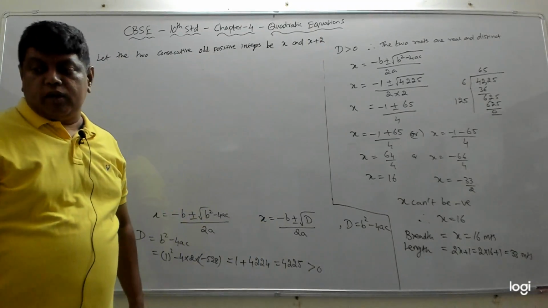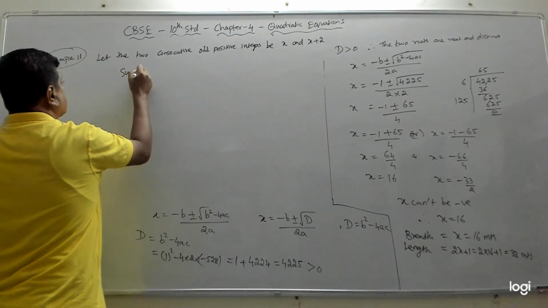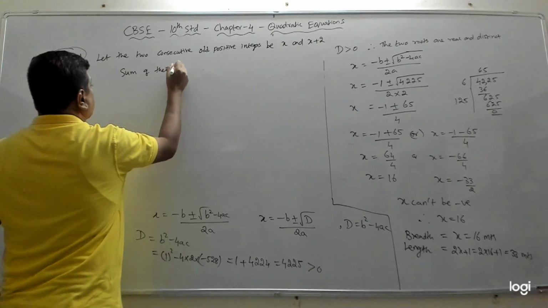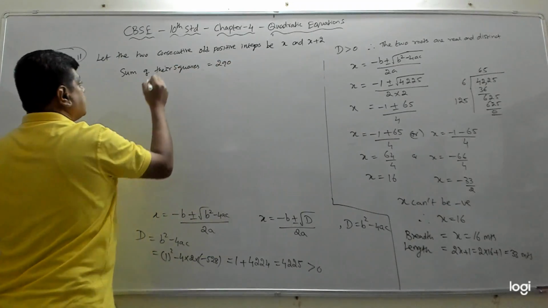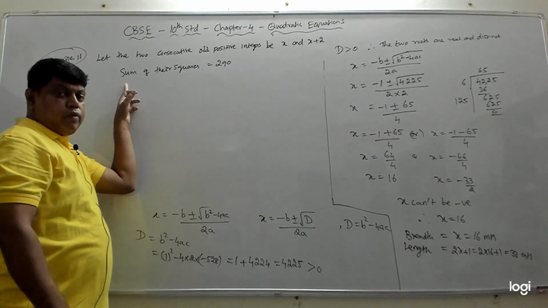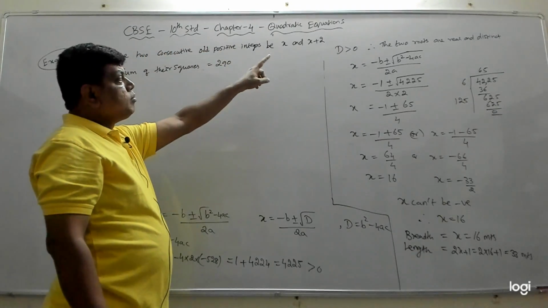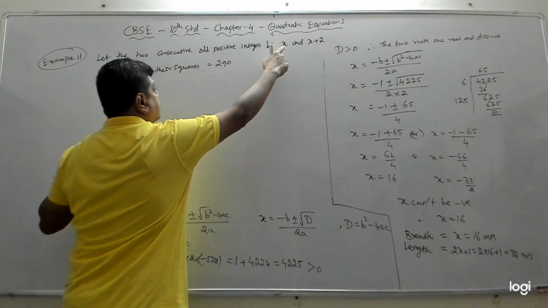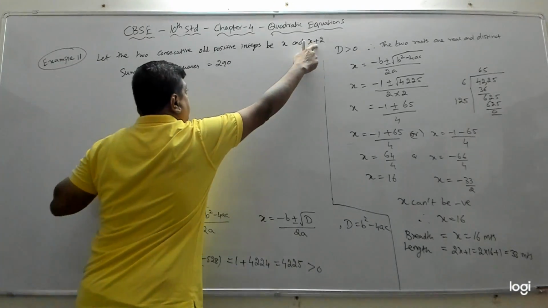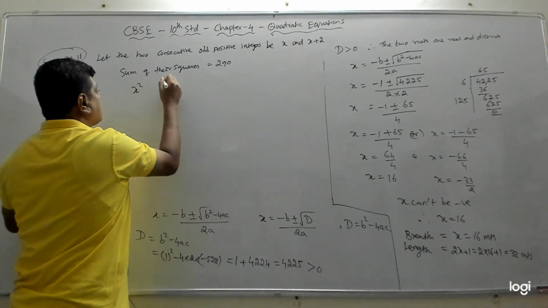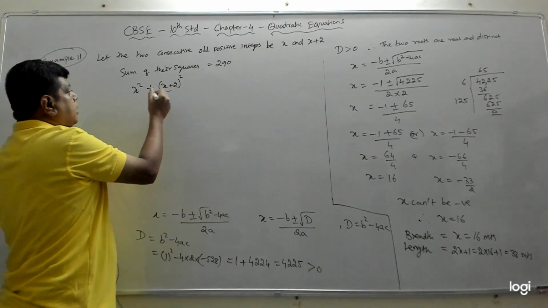Now what is given? The sum of their squares is 290. Sum of their squares equal to 290. So this is given. Sum of their squares, I also already told you, whenever you see sum of the squares means you should square first and then add. So if you square both of them and then add, you get 290. So I should square this, then square this, after that add both, which means x square, and x plus 2 the whole square, and add both the squares. This is called a sum of the squares and that is equal to 290.